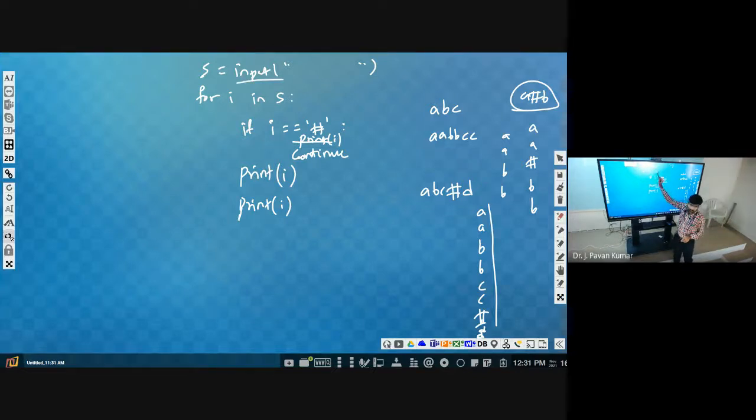So the question is, if the string is given, then we have to display each character twice, if the character is other than hash. If the character is hash, we have to display it once. That's the question. Now how will it be executed? We are taking the input, afterwards we are getting character by character. If the character is hash, then we display it only once, then we skip these statements. If the character is other than this, then it will print twice. That's it. And you can even optimize it: one print I is mandatory for every character, right? You can keep print I here so that you can avoid it here and here. Then only 2 times you have that print.